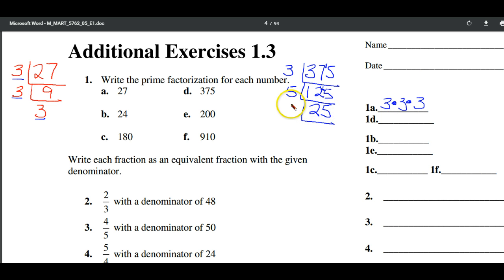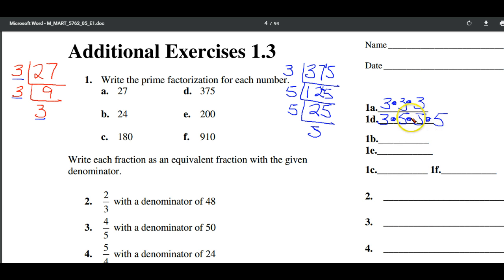And we know this is going to be 5 times 5. So for letter D, our prime factorization along the edge here is 3 times 5 times 5